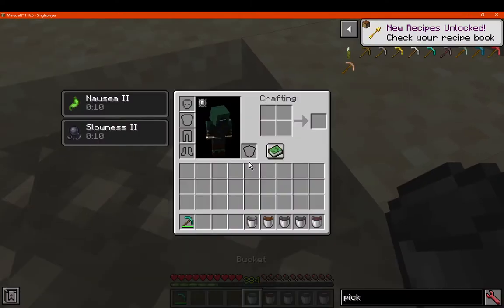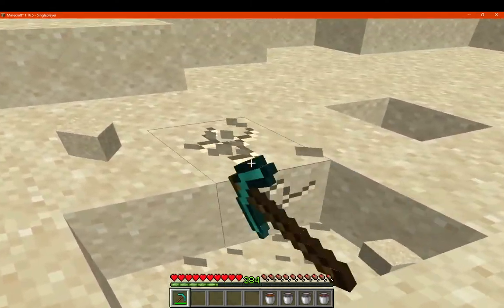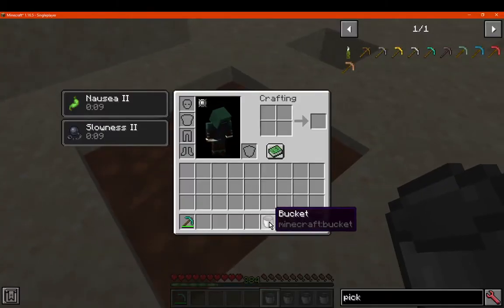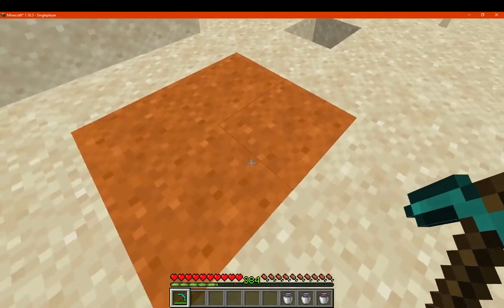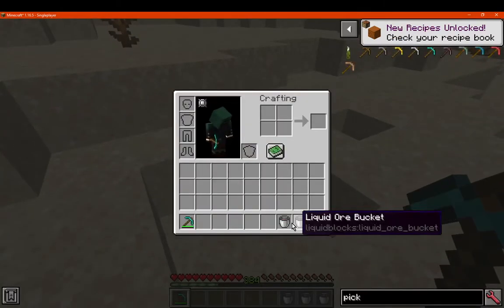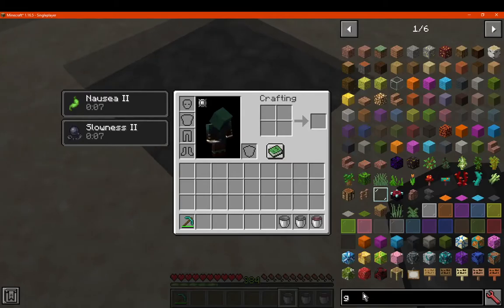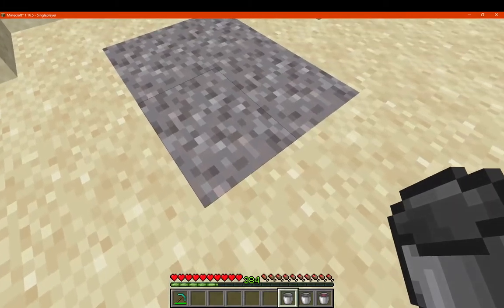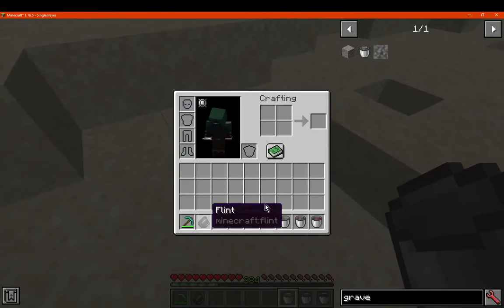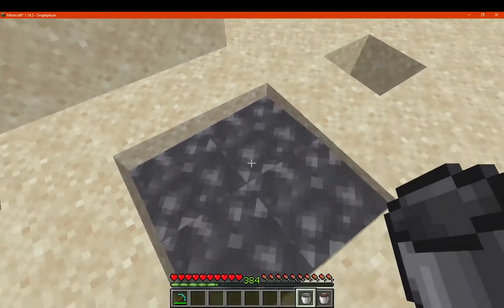Next, sand. Gives you nausea and slowness, so keep that in mind. So I'm just going to fill in that space. I'm just going to break it again. Red sand, again, gives you nausea and slowness, just like any of the other overworld blocks, or the dirt-related ones, at least. Got gravel. Jump in, again, gives us that. Still made from those. Get out of there. Okay, we want liquid ore next, which also gives us no effects,